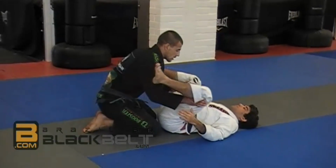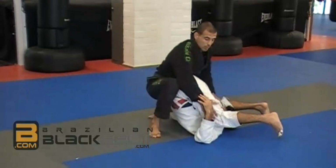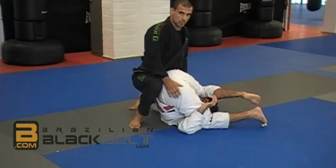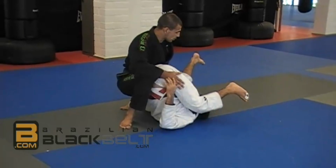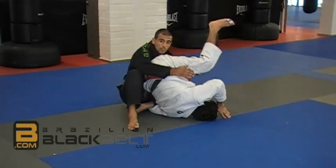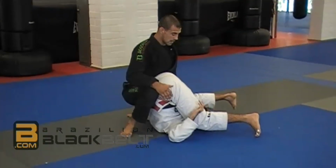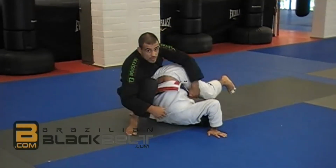Look, when I push his knees to the floor now, and step over, his movement is going to dictate what I'm going to do. If he does not move, I always go for the first one, pushing the hip. People might start to anticipate and move the hip closer to me. If my posture is not good, he can use it to push me over and I'll lose the position. Look, when I push my hip and my opponent starts pushing me, it gives space